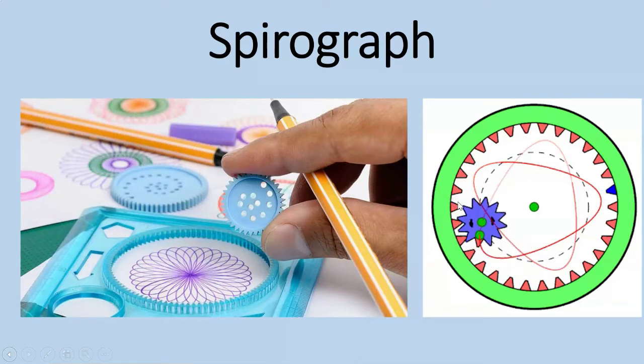You would have seen these geometrical devices. The bigger one is called a stator, and it has a big ring inside it, and you can see the smaller rings over here. Both of these rings have gears on the edges, and they even have holes. What you do is place this smaller ring inside the stator, insert your pencil in any of these holes, and start to write on a paper in a circle.